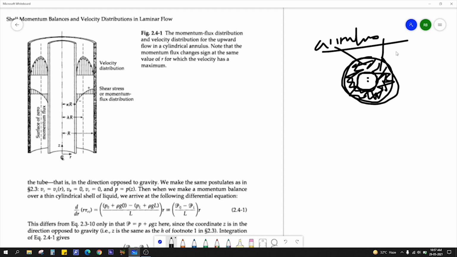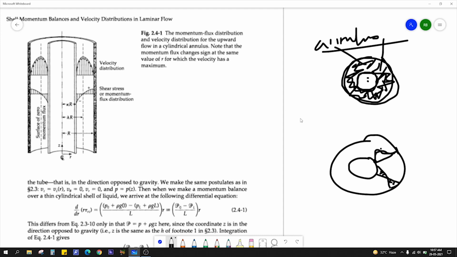So we have to derive what will be the velocity profile in this scenario. The velocity profile will be somewhere here. As you see, we have two walls, one here, one here. So velocity will be maximum not in between but somewhere here. It will be parabolic only, but it will not be exactly centered. Similarly, for shear stress, we'll have maximum here, then minimum here, and like this. So we have to derive this profile.